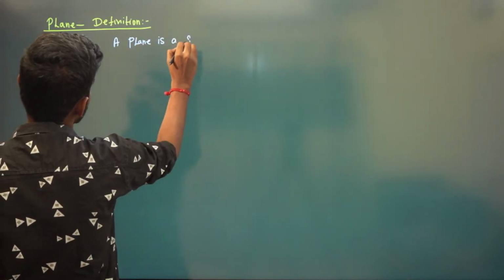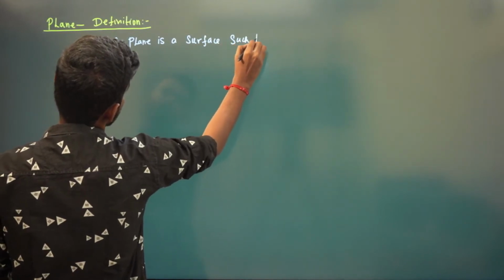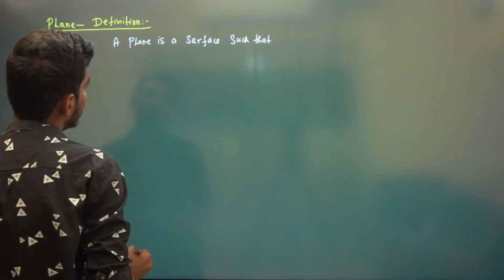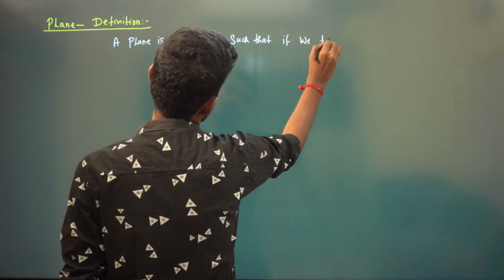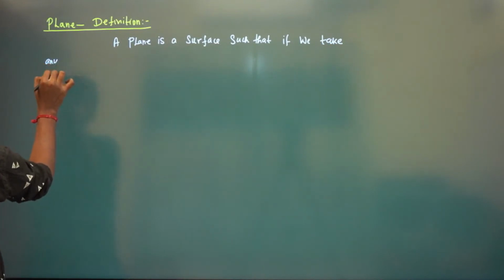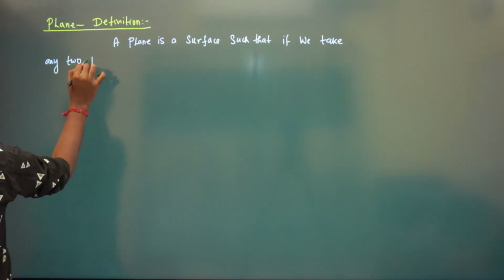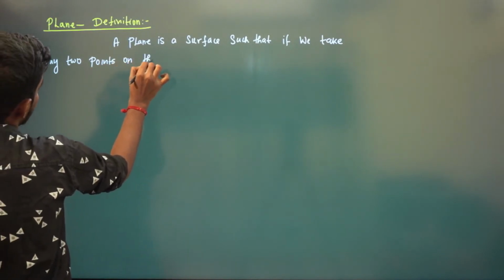A plane is a surface such that if we take any 2 points on the surface,